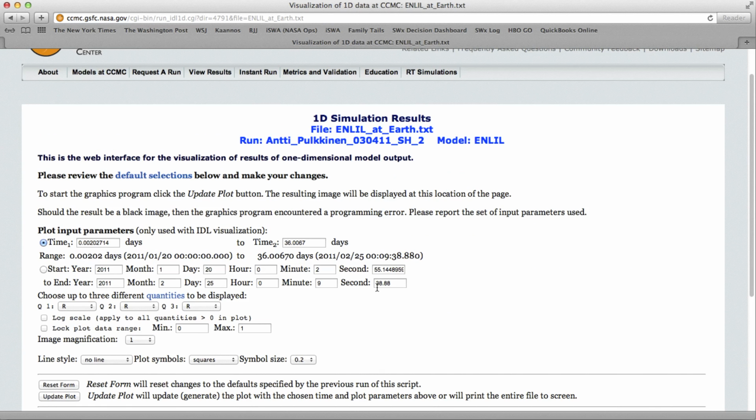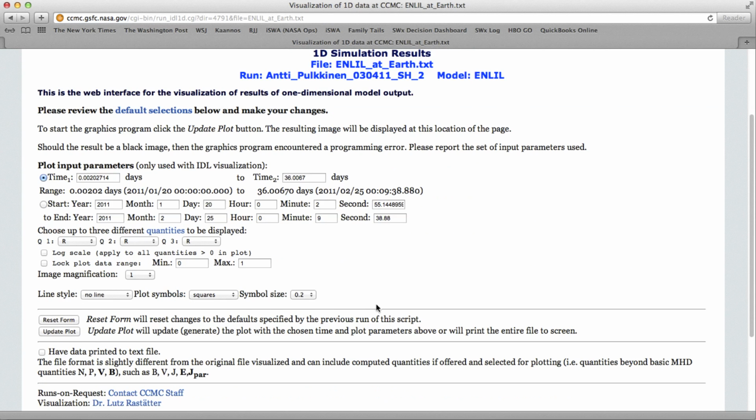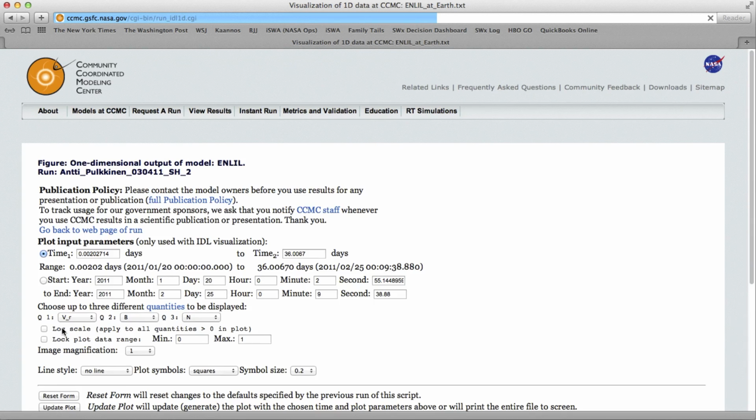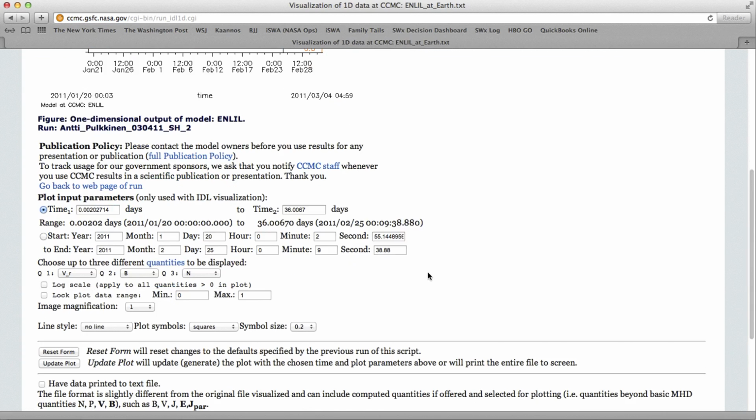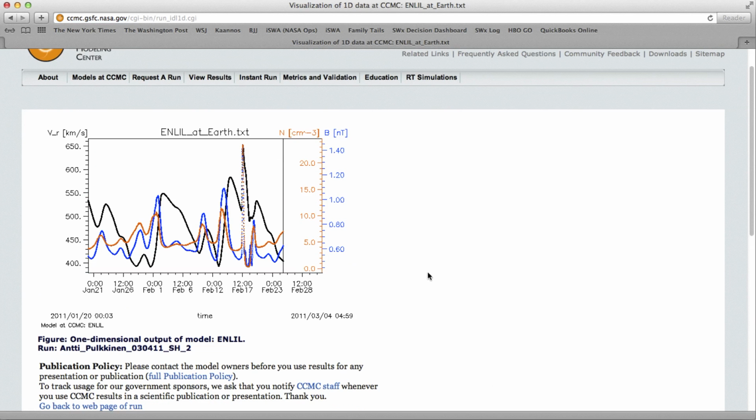Again, there are quite a few buttons and fields to fill out. Let's not go into details here of this specific page, but let's just quickly plot, for example, radial velocity. Let's plot magnetic field and let's plot also density coming out of the simulation at the Earth's orbit. And let's just go ahead and plot whatever comes out. And that brings you the visualization of the model prediction at the orbit of the Earth for these three selected parameters. And this allows you to start doing more detailed analysis of exactly what happened in the model at the orbit